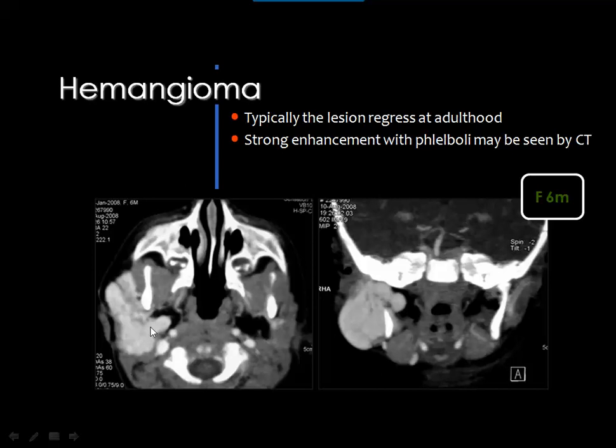Like this one, a big lesion affecting the right parotid gland, the deep lobe and the superficial lobe. And one of the known issues about hemangioma anywhere in the body, especially in the head and neck, is that it may regress with aging. If this appears in a child, it is not a congenital lesion. It will appear some time after birth, then it will enlarge, then start to regress in